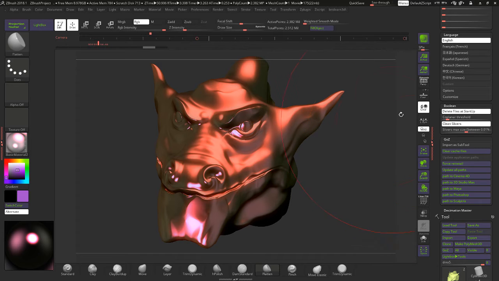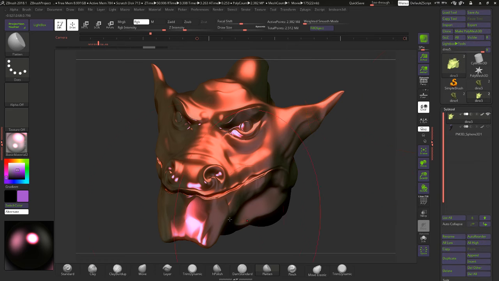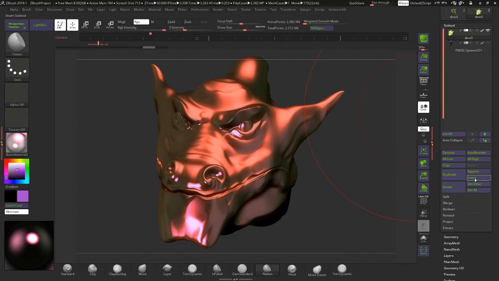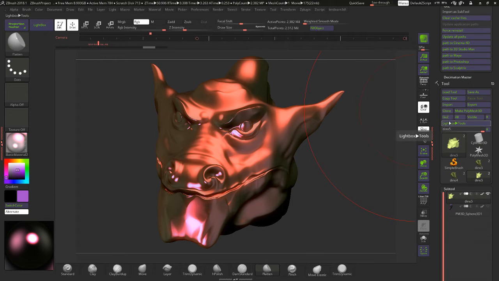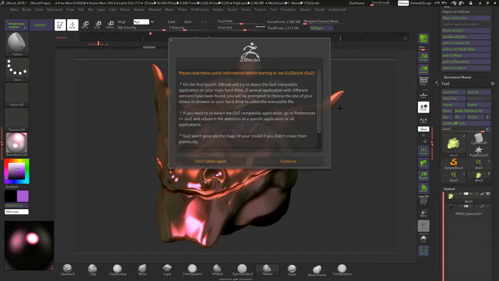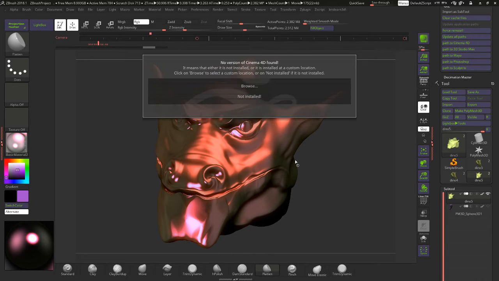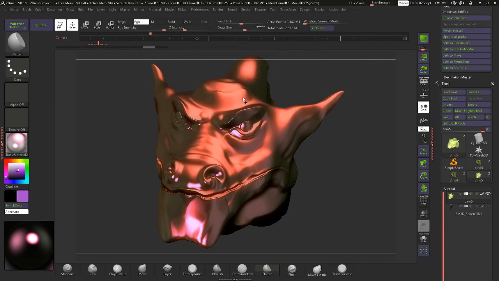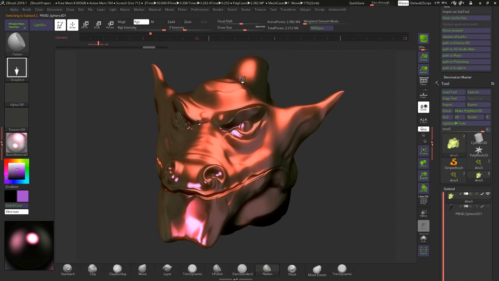So we have a path to 3ds Max now. And you're probably wondering what that even means. Well, I could take this and I can bring it into another program. You can see right here I have a Go Z option. So if I hit Go ZBrush and then hit continue, you can just click what you don't have. So I can click not installed, not installed, not installed. And then right here I have 3D Studio Max